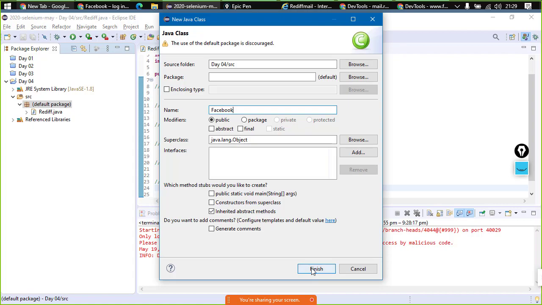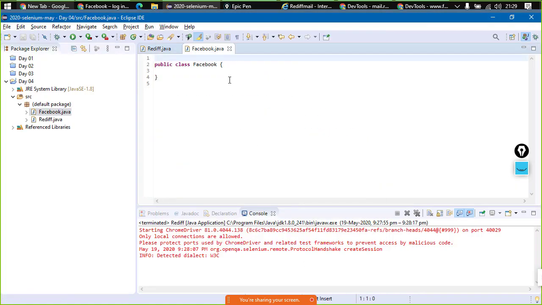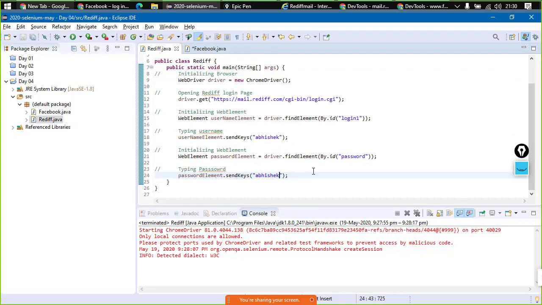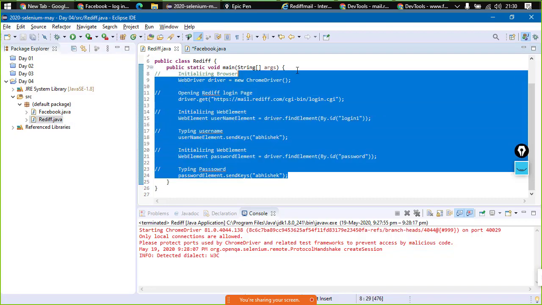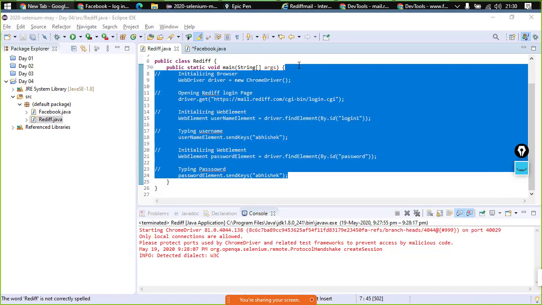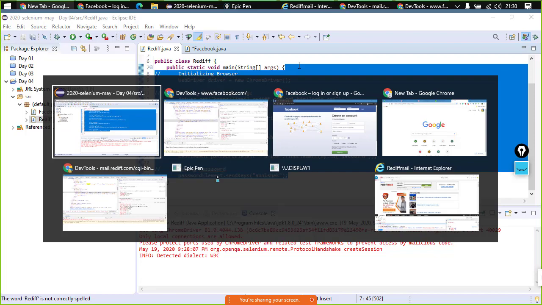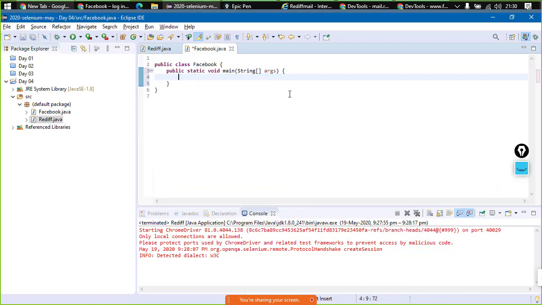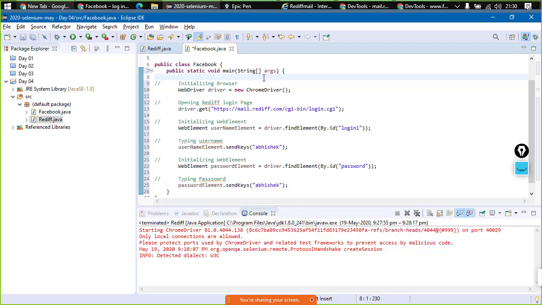And here the very basic things. First thing first, we need the main method, right? Initializing the browser. What I'll do is I'll simply copy some stuff from here. I'll just make a little bit changes there. There is nothing as such over here. Okay, my control tab is not working here, right?